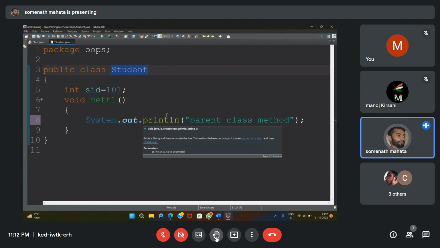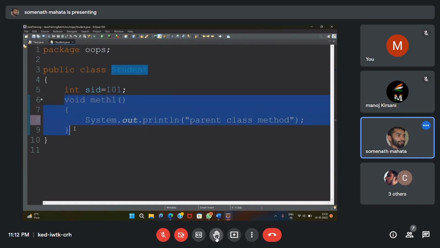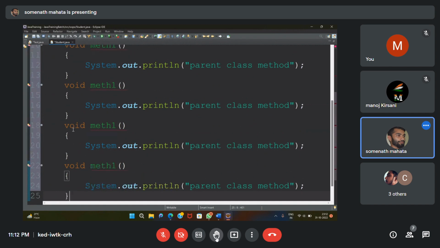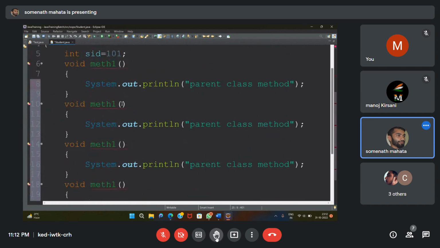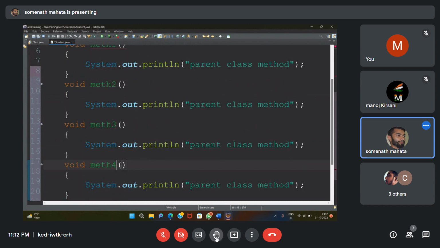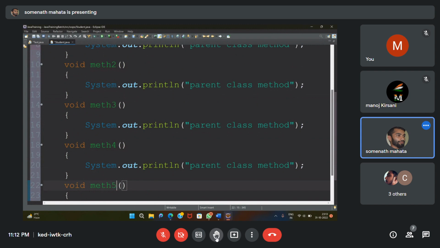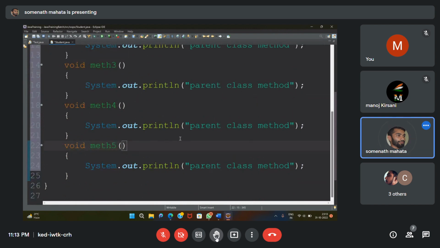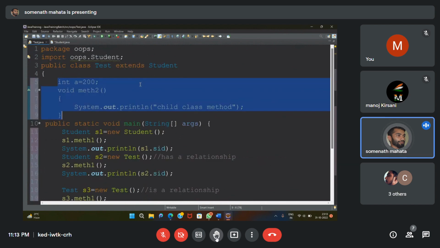In the parent class, there are total five methods available. And in my child class,